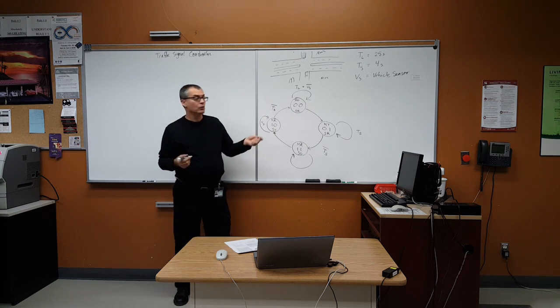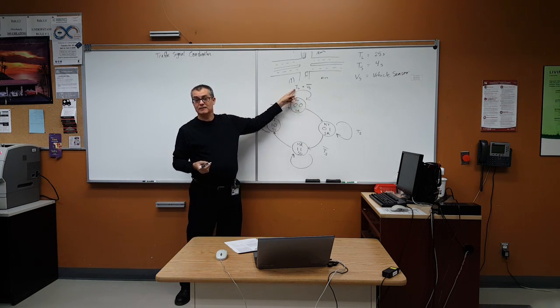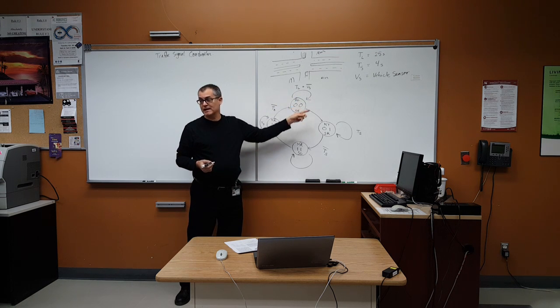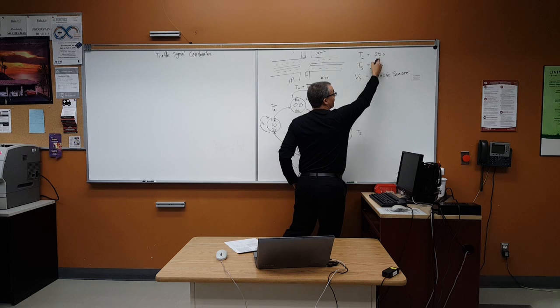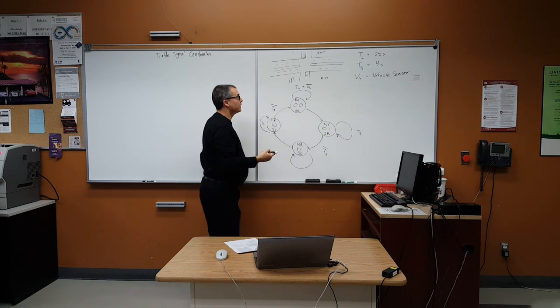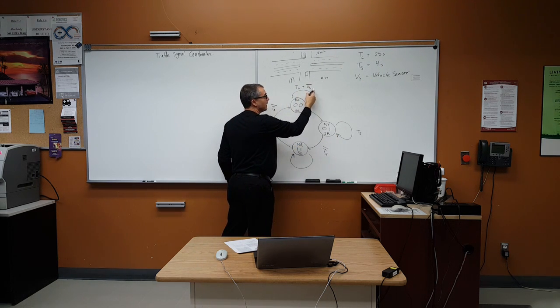One is the timer has to be active. So as long as that counter is still counting down from 25 seconds to 0, then you have to stay in the current state. But how we make this a minimum is we have an OR and we take not